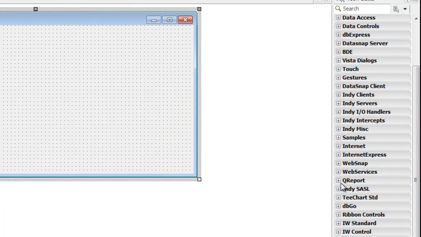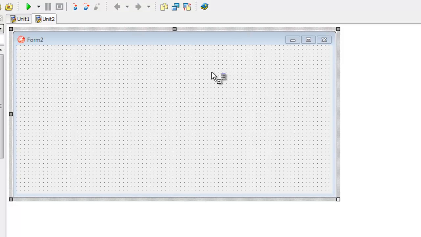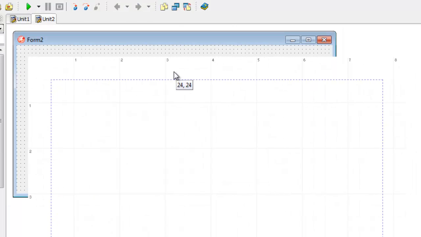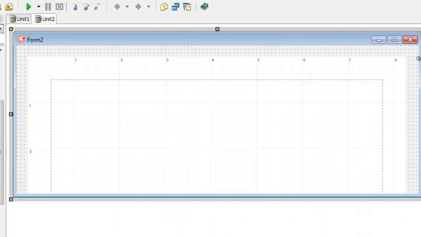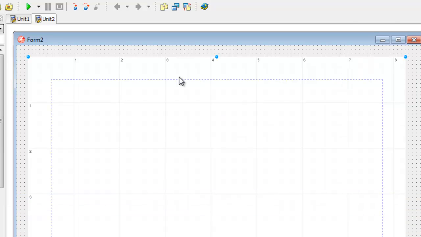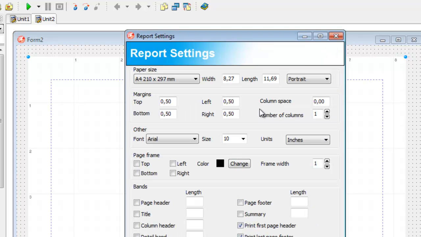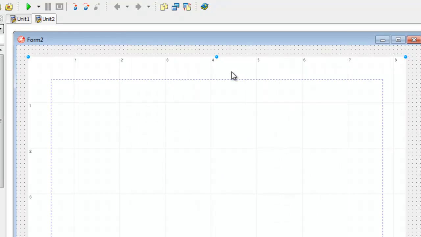First, go to the quick report tool palette like here, and place one quick report, click and drop it onto the second form right here. Just adjust the width of the form like here. The first thing you have to do is the settings for the quick report. You could right click on it and click report settings, or you just double click on it.